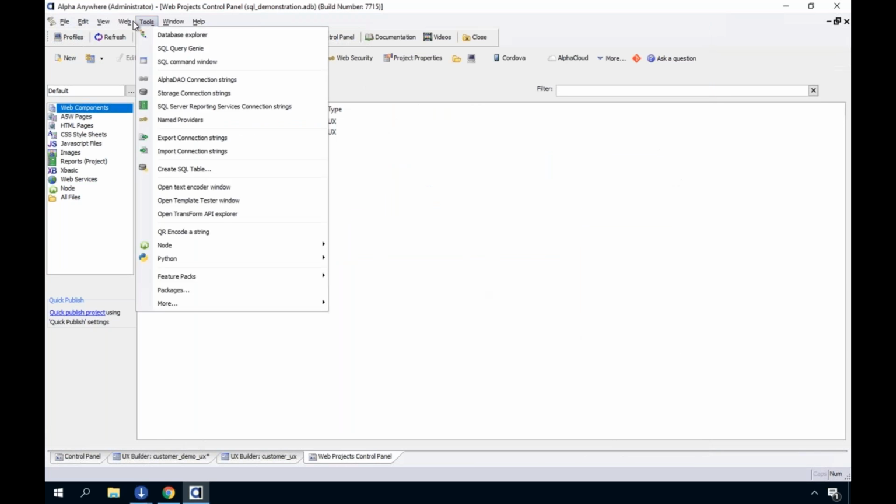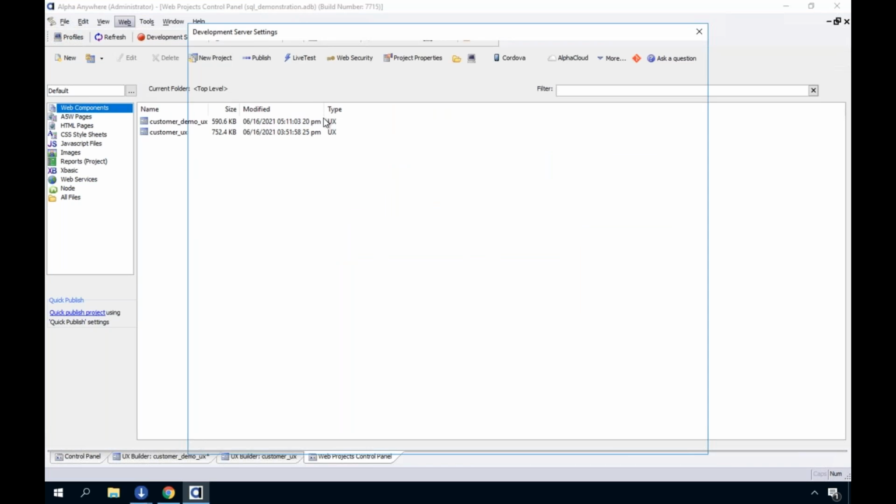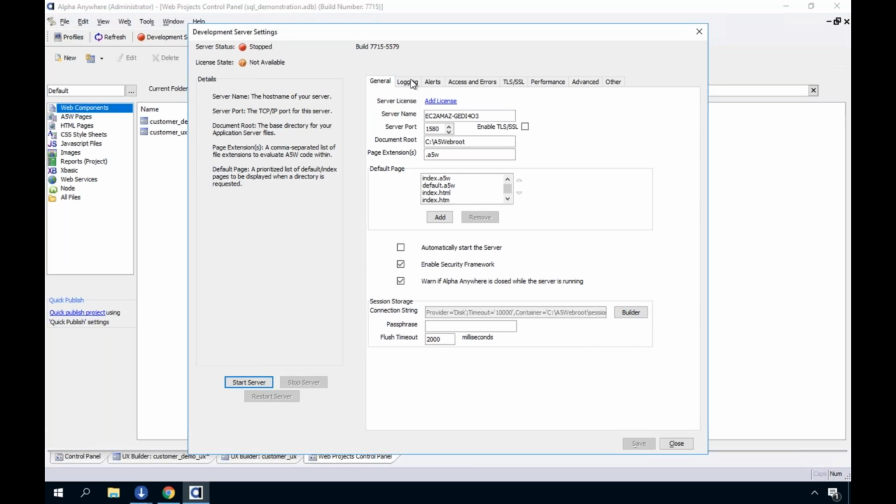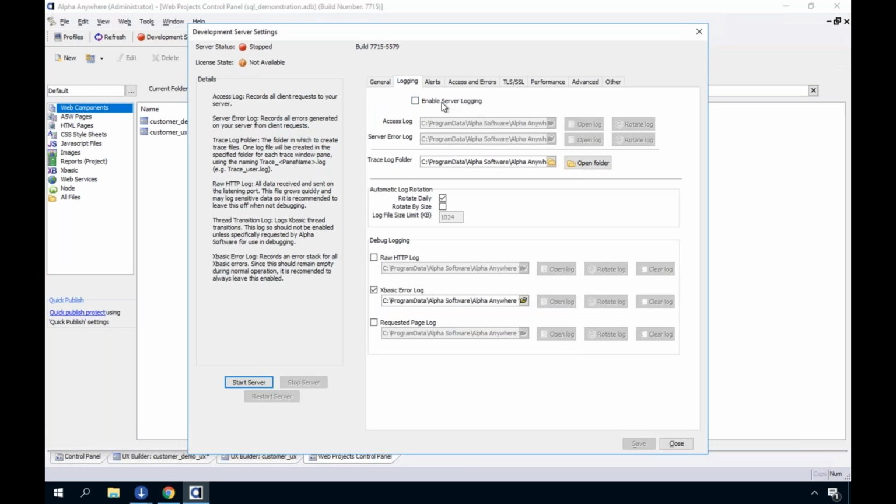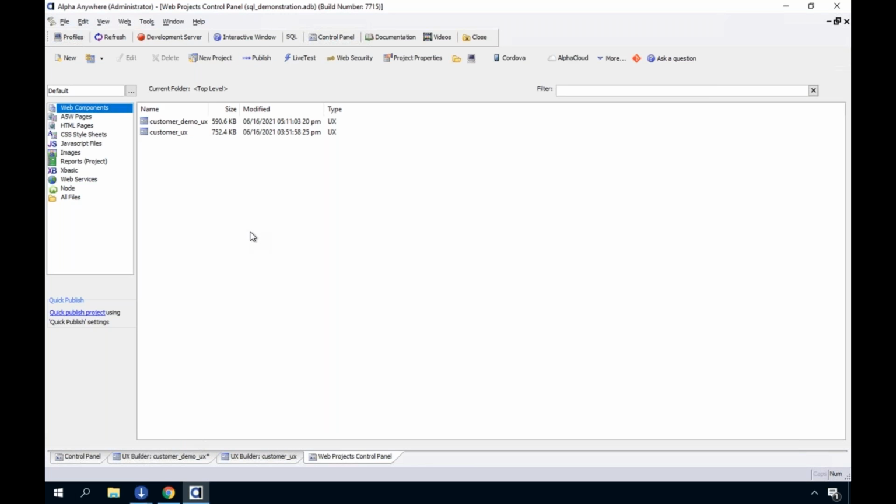And again, where I got that was web development server. This is where you can manage everything about your development server. Go to logging, and this is where you would enable it and capture that information. This has a default directory where it sends this information, but you can go elsewhere if you want. So I do want to move on to talk a little bit more about the audit